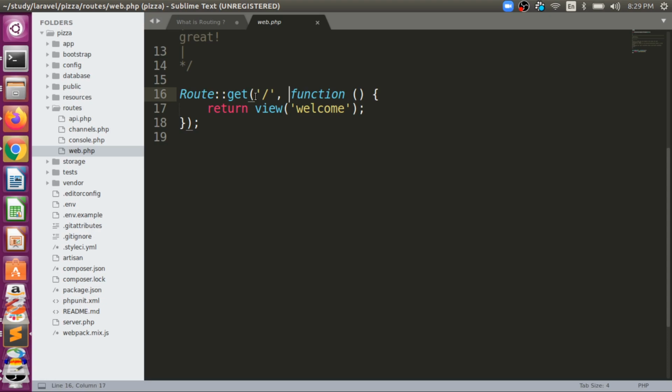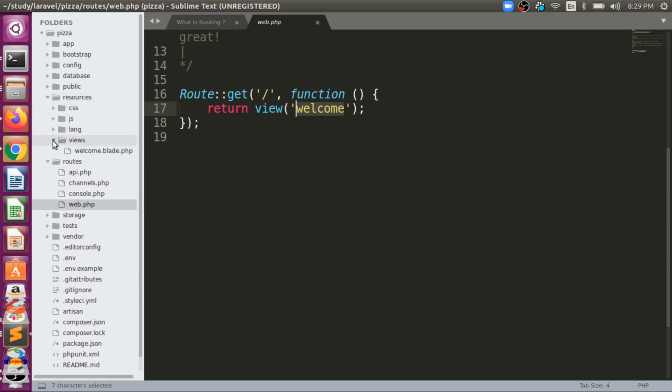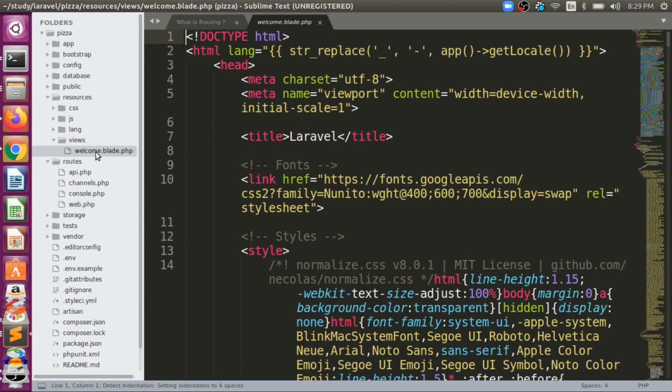This callback function will be executed, and we will load a view. View is a function which will load welcome.blade.php. Now how can we find that view? A view is a simple HTML file inside a PHP file. We can go into resources, then the views directory, and in views we have welcome.blade.php.